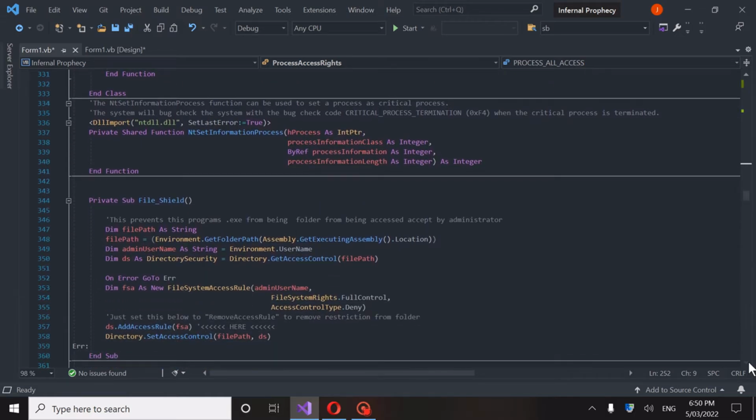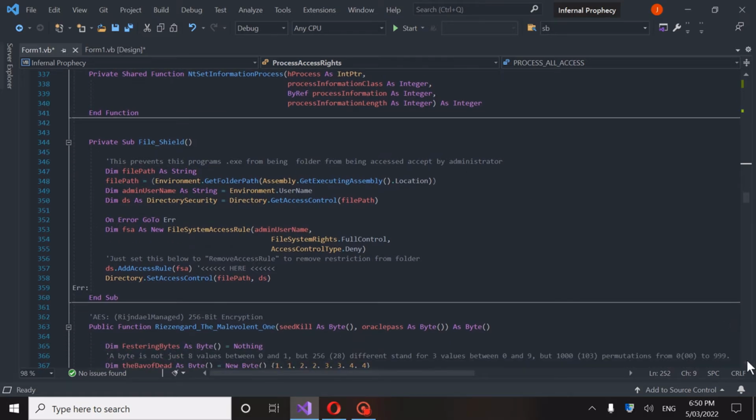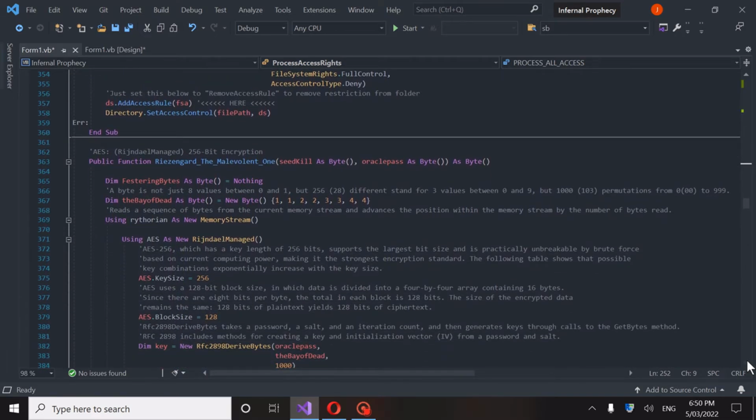This is a file shield. Earlier I discussed that this protects its process, and this basically prevents a program .exe from being deleted or accessed unless you're an administrator. And this goes into the